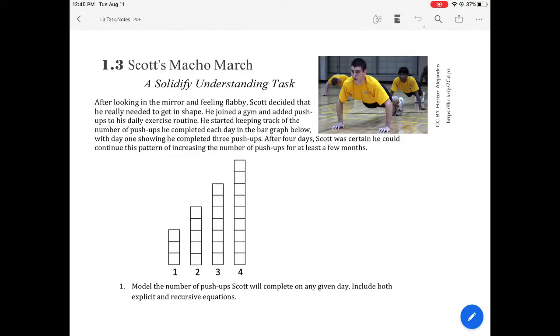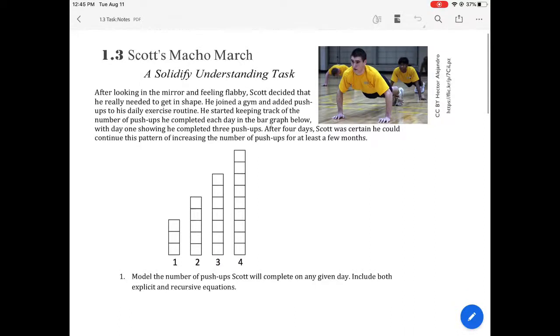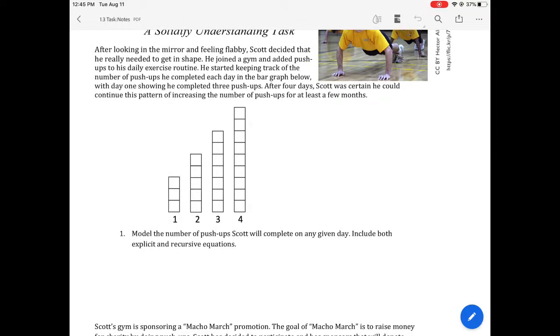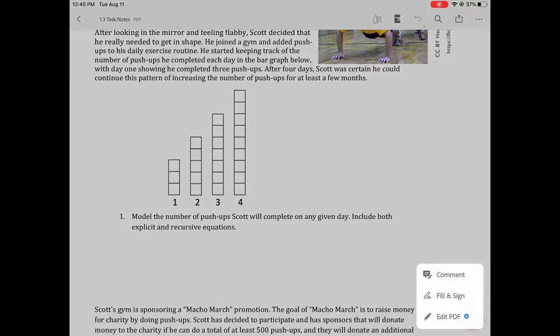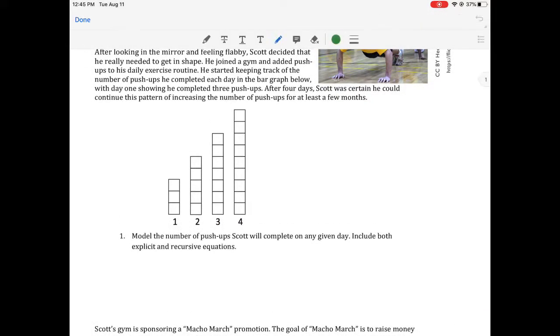All right, so to get started on 1.3, hopefully you've already answered question 1. We're looking at Scott doing these push-ups, right? And if we're looking at each individual day, we should notice that this has 2 more than the next day, and each day he's adding 2 more push-ups, right? So if he's adding 2 more push-ups each time, we could see that as an arithmetic or a linear